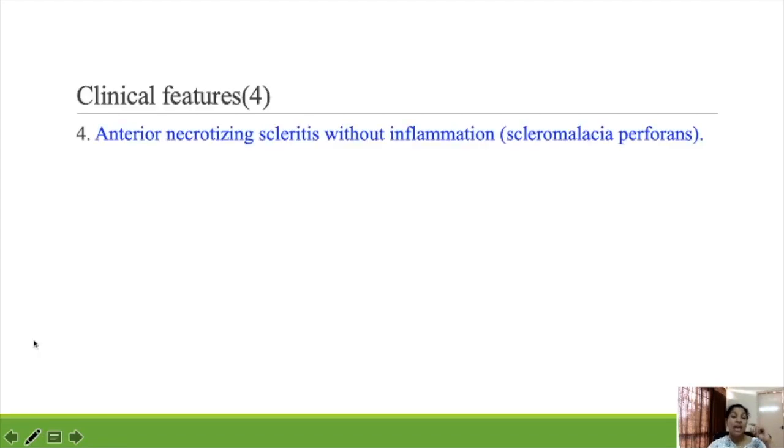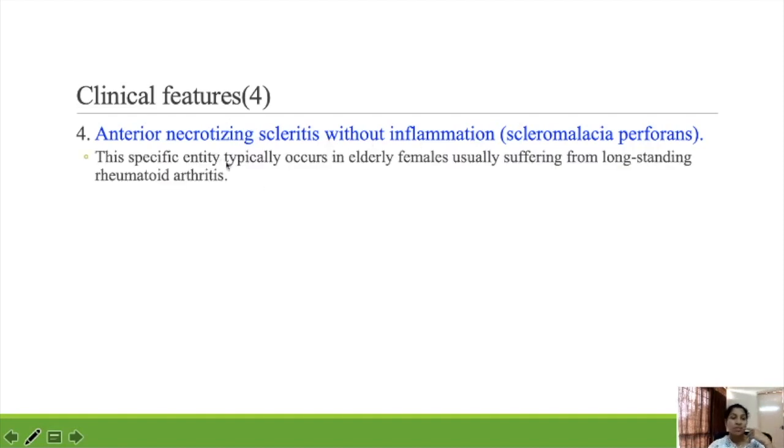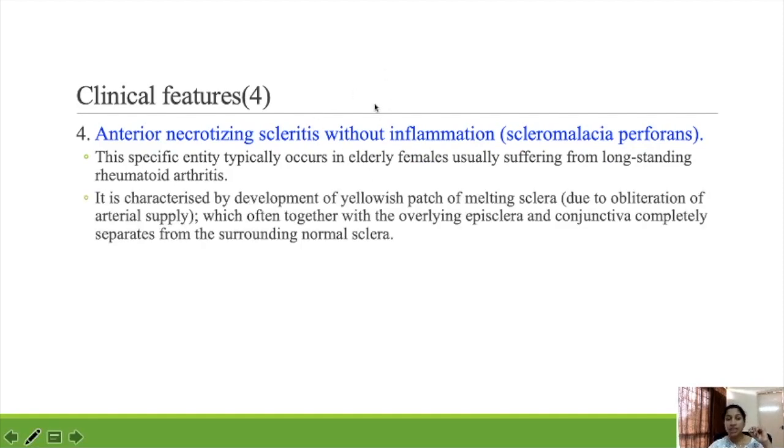And the fourth type is anterior necrotizing scleritis without inflammation. It is also known as scleromalacia perforans. So there is perforation of the sclera. The scleritis is occurring in the anterior part only. There is necrosis and there is no inflammation. This specific entity typically occurs in elderly females usually suffering from long-standing rheumatoid arthritis. The elderly females with long-standing rheumatoid arthritis will get this type of scleritis and it is characterized by development of